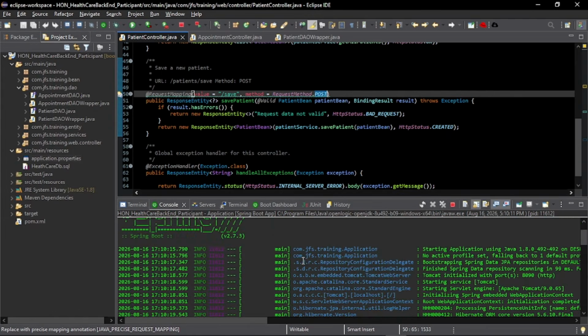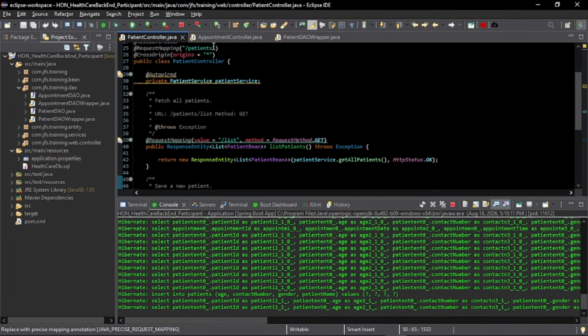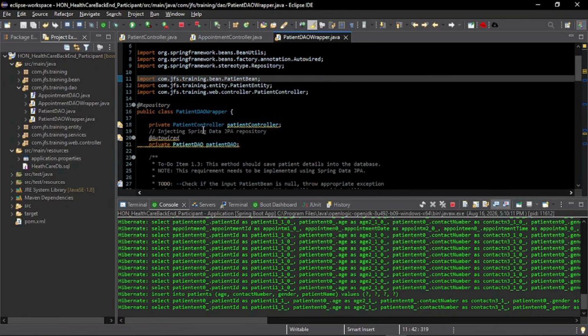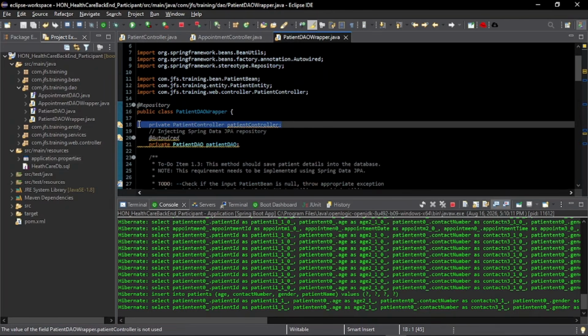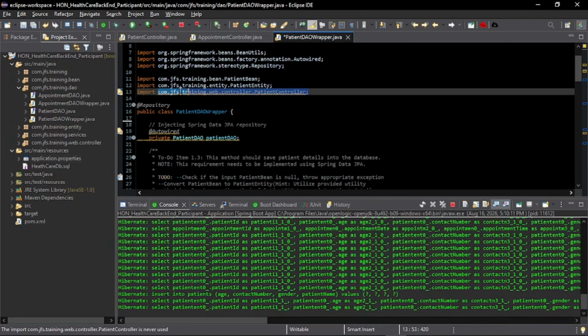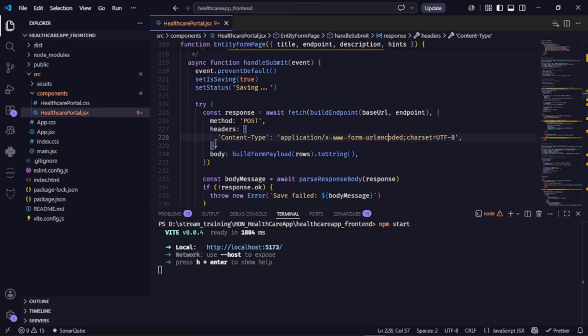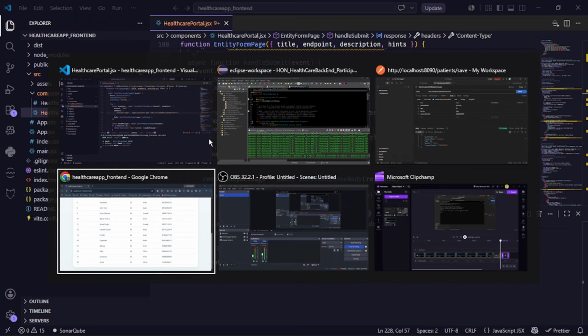और वो ऑटो ऐड जो सर्कुलर डिपेंडेंसी का इशू था, वो इसलिए हो गया था क्योंकि हमारे पेशेंट डाउ में यहाँ पर पेशेंट कंट्रोलर वाली ये लाइन ऐड हो गई थी, जो कि नहीं होनी चाहिए। तो हो ये रहा था कि पेशेंट सर्विस डाउ को कॉल कर रही थी, डाउ फिर पेशेंट कंट्रोलर को कॉल कर रहा था, और ये तीनों आपस में कॉल खेल रहे थे। तो ध्यान रखना था कि ये लाइन नहीं होनी चाहिए थी। तो ये लाइन मैं हटा देता हूँ, और इसका इम्पोर्ट भी हटा देता हूँ, और मेरा कोड प्रॉपरली काम कर रहा है।